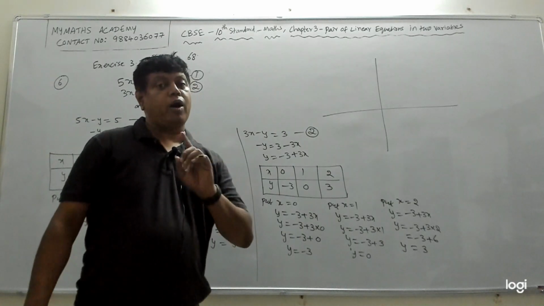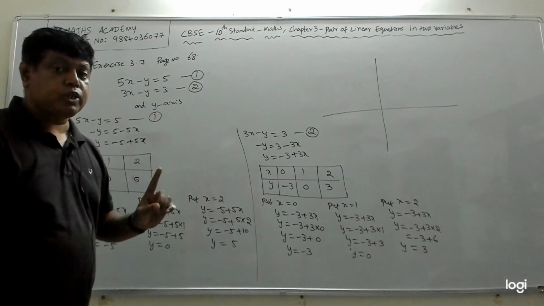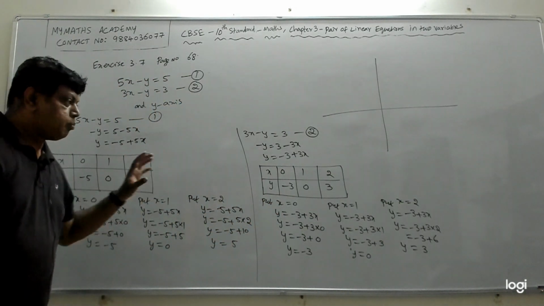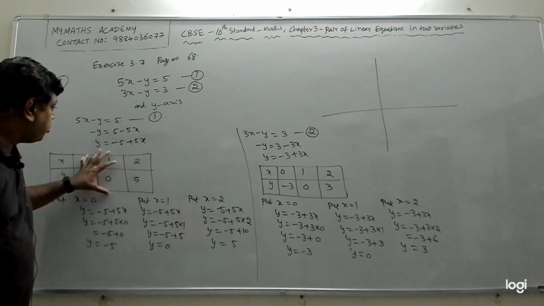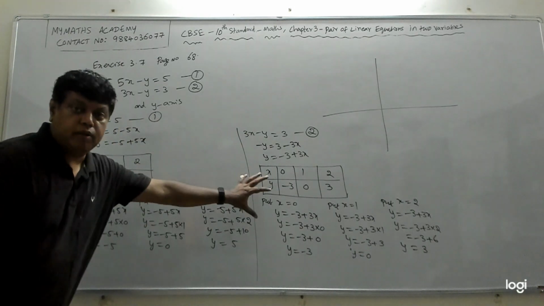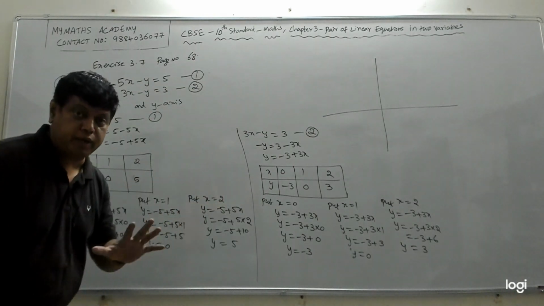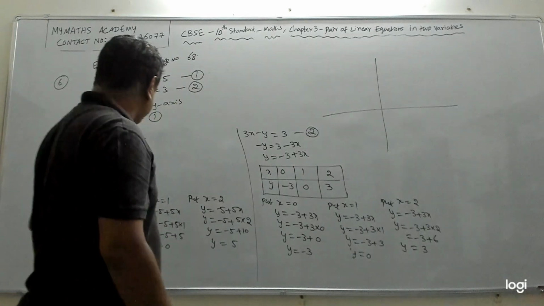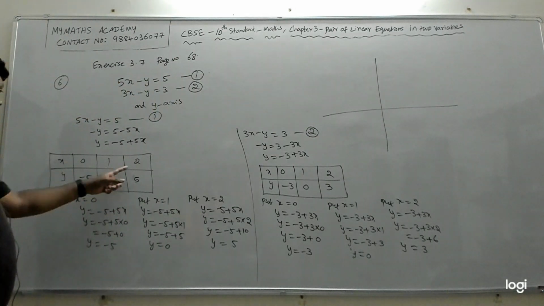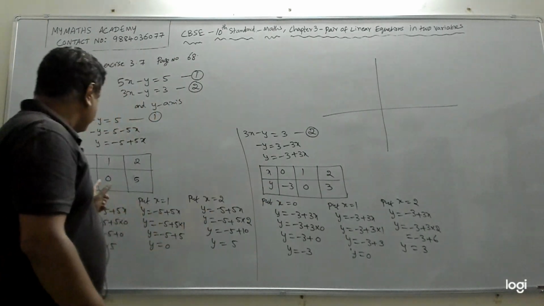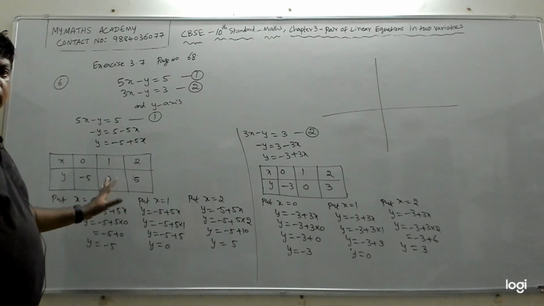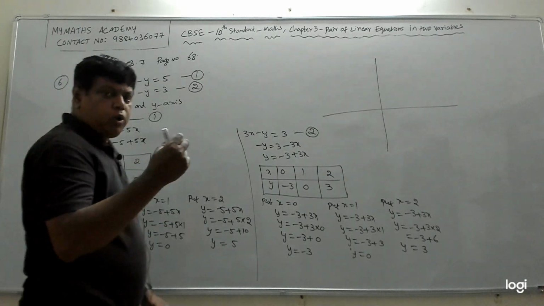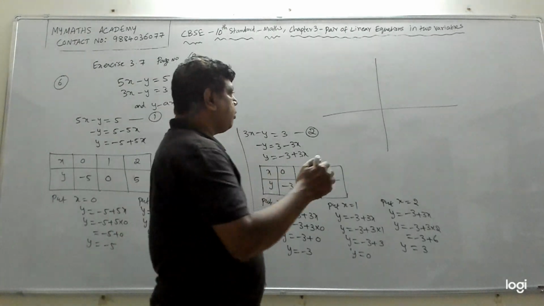So whenever you draw any graph, make sure that you have the points ready for both the equations, which means both these boxes should be ready. Then you go and draw the graph. Then we will know what is the highest value for x. x is 2. Now what is the highest y? y is 5 or minus 5. So which means I can take 1 to 1. My scale can be 1 unit. 1 centimeter is 1 unit.